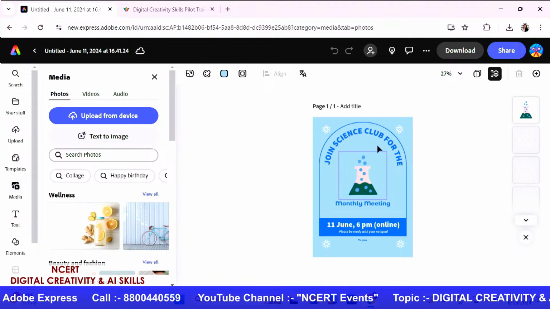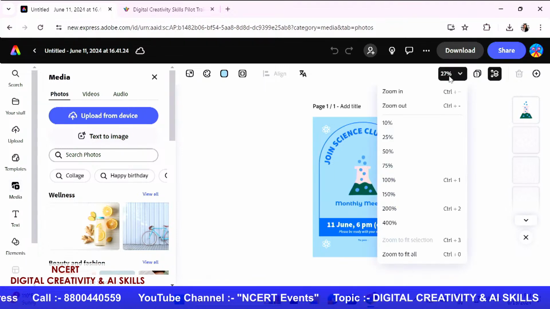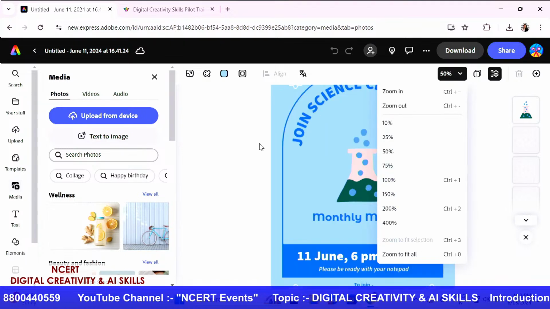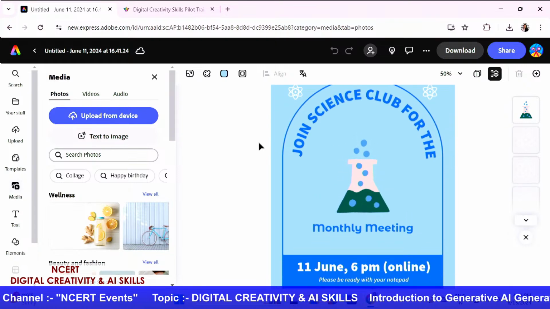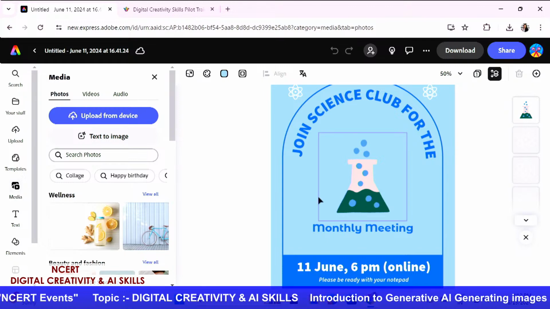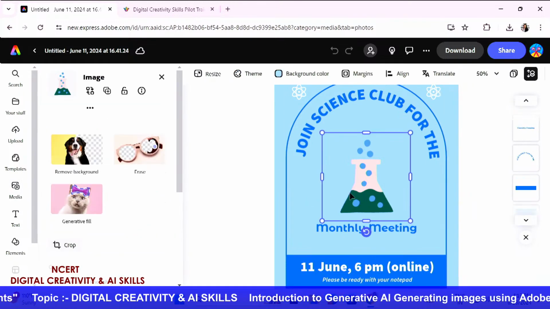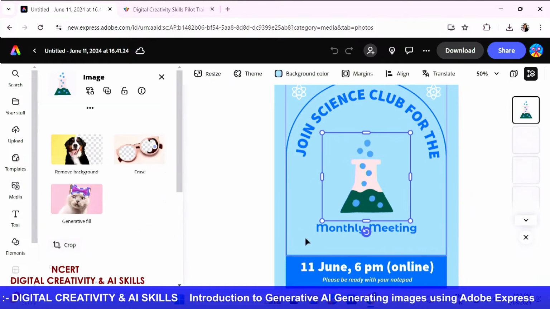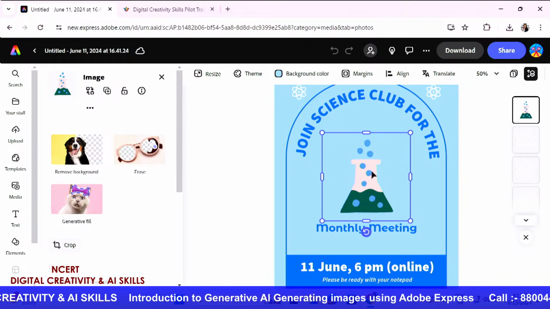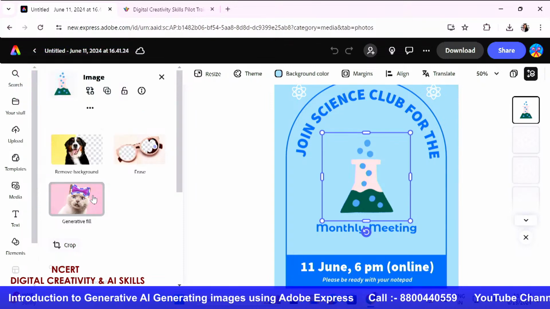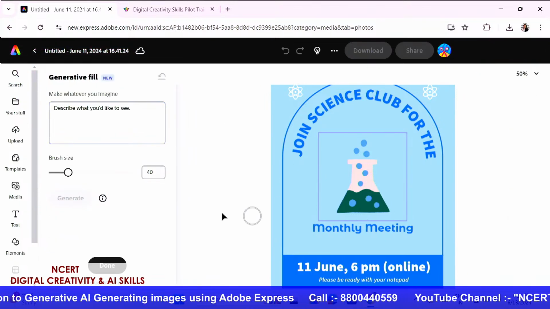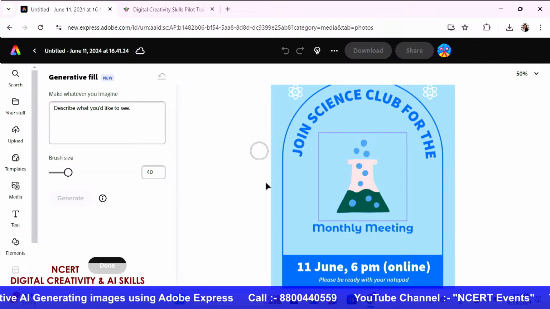So inside this particular option, firstly, I'm going to enlarge my canvas a bit so that I can try and add things on a specific element. And then what I'm going to do is, let's say if I have a specific picture inside it, for example, this is my picture. I just clicked on that picture, and then also I can ensure to click on generative fill option, and then I can describe whatever I want to see inside here.